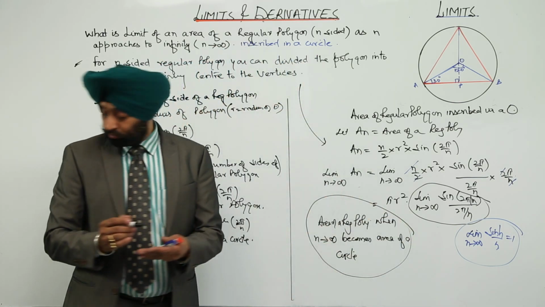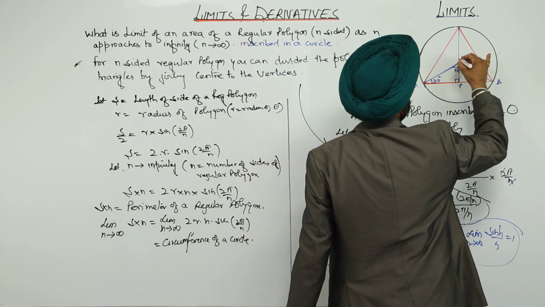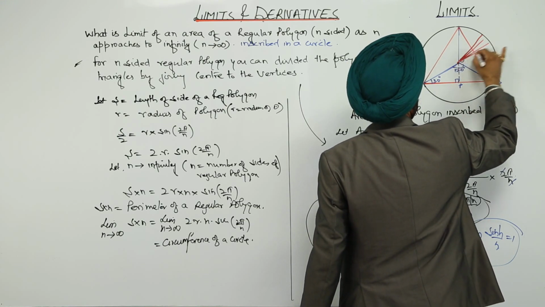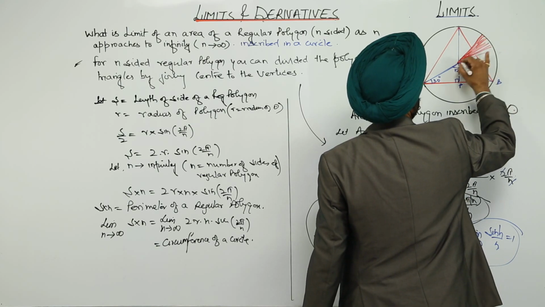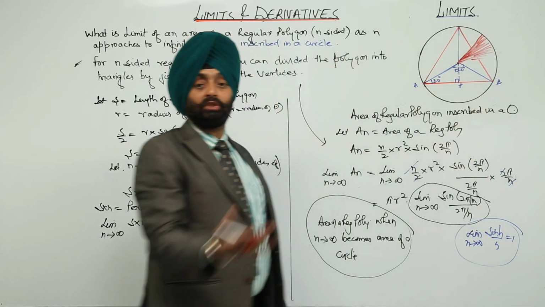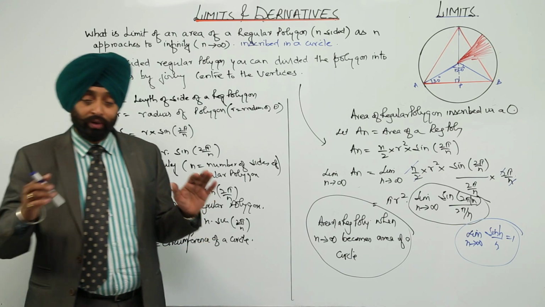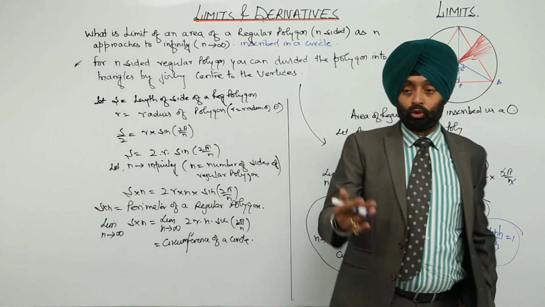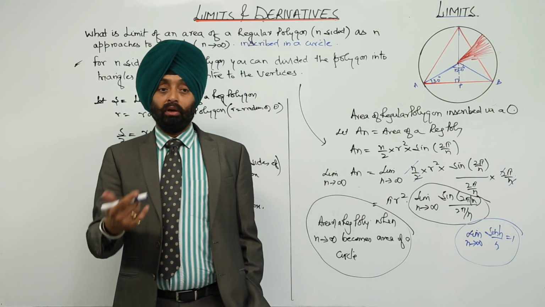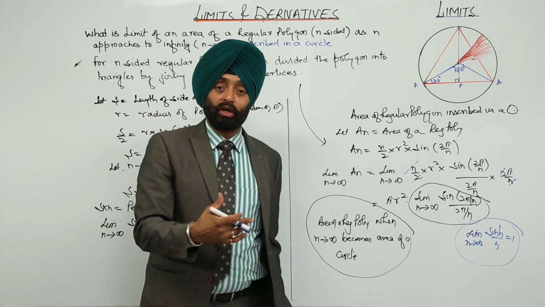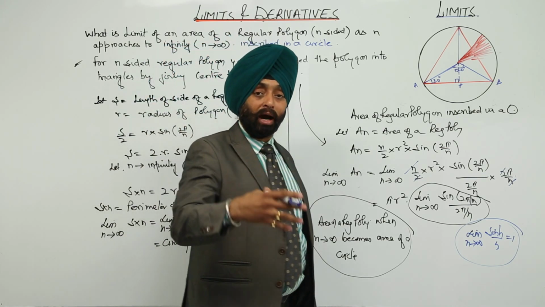Is it clear? Now you can just check it once again. Suppose this is the center and we join like this; whole of this n-sided figure becomes a circle. Okay, so this is what limits are about: whenever we are taking any function, when it approaches something, very simple, very common thing is what it seems to be, what it pretends to become. Actually it is not what it seems to be, that is the part of a limit.